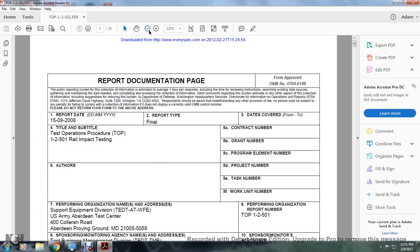All right, this is a reporting document page. Form approved, Office of Management and Budget number 0704-0188. Public reporting burden for this collection of information is estimated to average 1 hour per response, including the time for